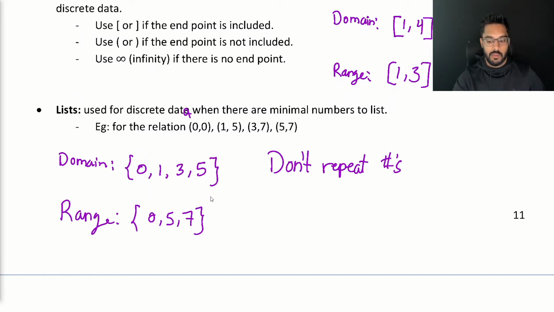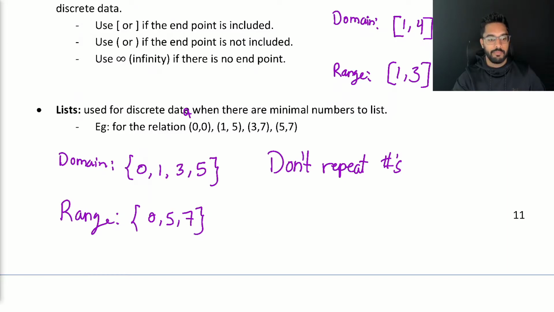So I think we talked about, I believe it was territories in the northern parts of Canada. We only wrote them once. We didn't have to repeat them. So if I drew an arrow diagram, I might have multiple domain elements going to the same range element. So if I drew arrows, 3 and 5 would both connect to 7, and that would be part of our